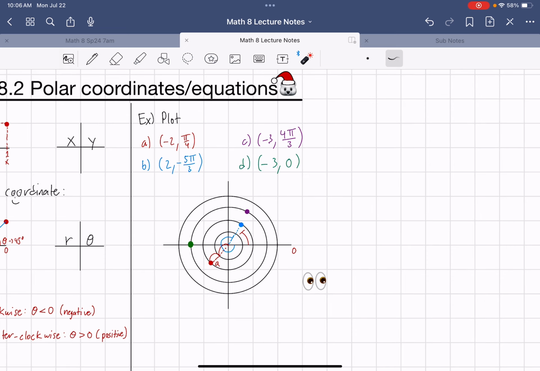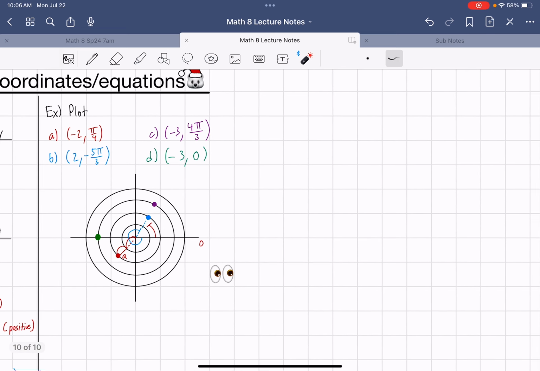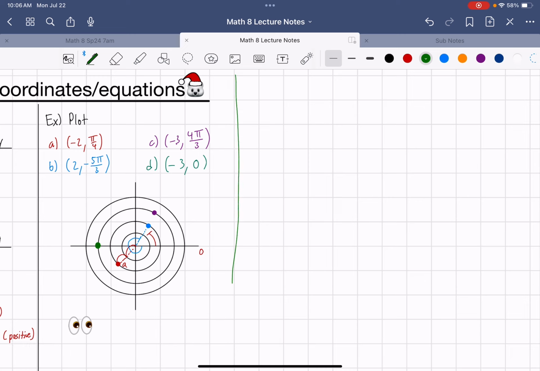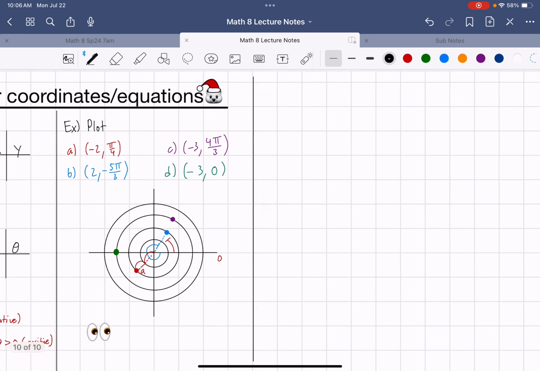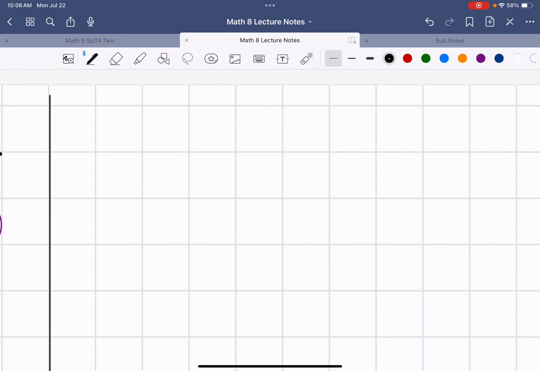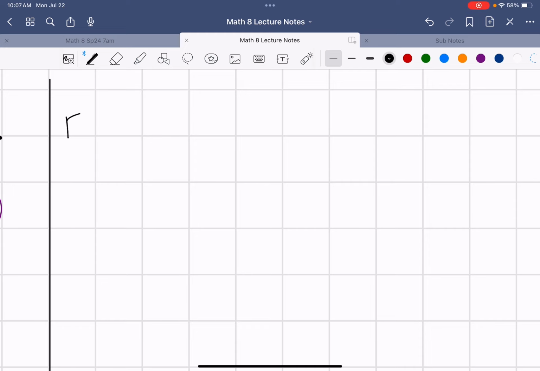Now, we're going to take this information to help us graph our equation. So again, that's how polar coordinates work, and that's what you do a little bit in 8.1. I'll give you some examples to try, but I really want to get into talking about an equation, a polar equation. So we're going to graph. I'll do one example, and in the next video,